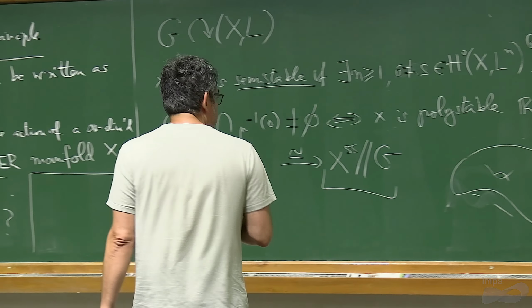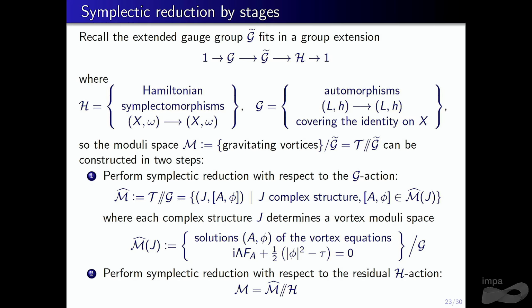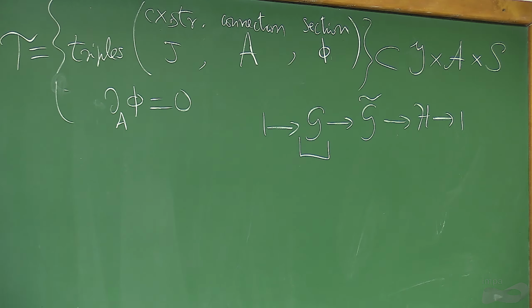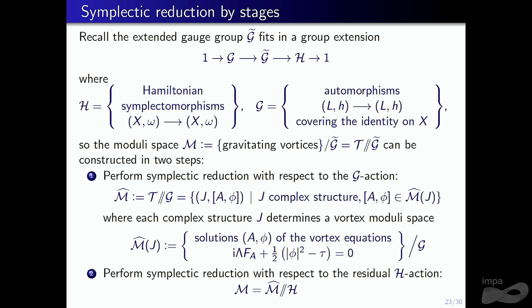Okay. First, do the reduction by the normal subgroup, G, and then by the residual action of the quotient H. That's maybe the first new thing we do. Then it becomes very technical. The idea seems simple, but it's quite hard to